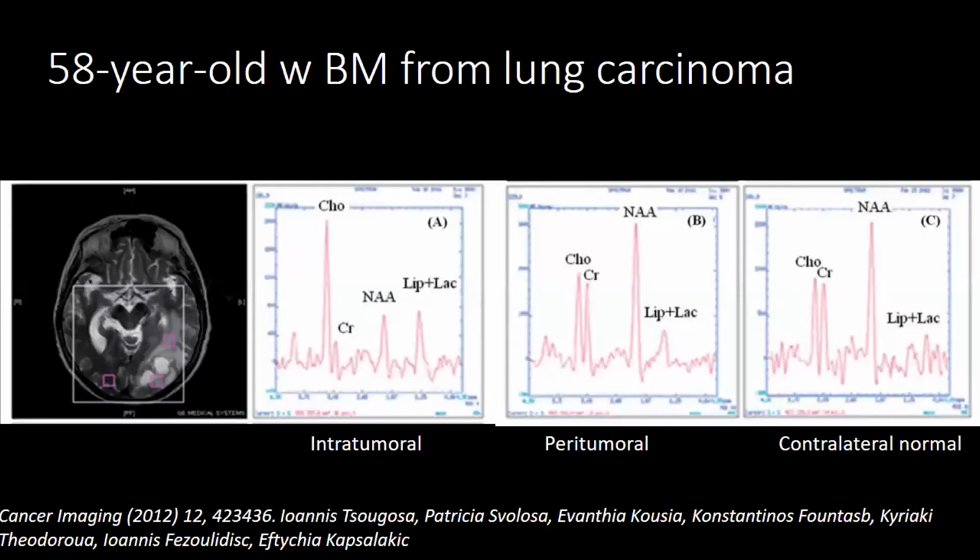Here are examples very nicely published in the literature from the Greek group. This is somebody who basically had lung cancer with a large heterogeneous appearing lesion, as you can see, within the left occipital lobe. The first panel is the one which shows the intratumoral interrogation of the metabolites. And now you can see that the angle has reversed, with choline being rather high and creatine low and NAA much lower. You have your comparison to the